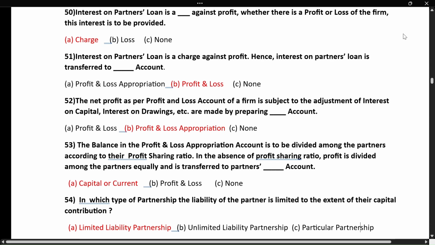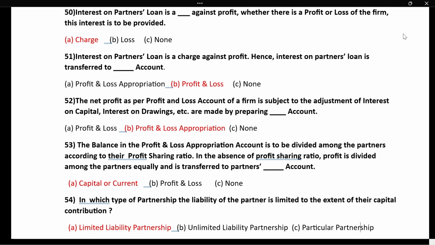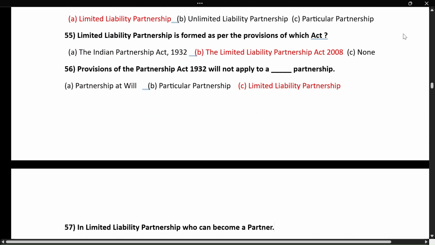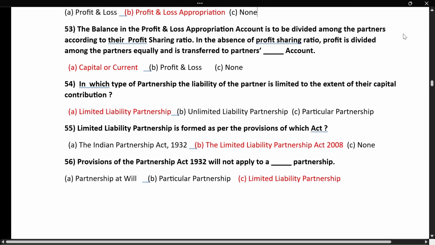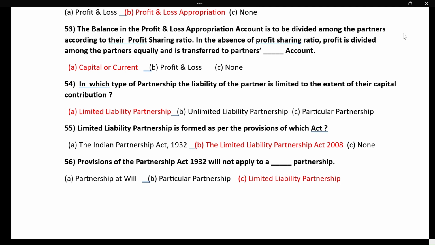The net profit as per profit and loss account of a firm is subject to the adjustment of interest on capital, interest on drawings, etc., by preparing profit and loss appropriation account. The balance in the profit and loss appropriation account is to be divided among the partners according to the profit sharing ratio. In the absence of a profit sharing ratio, the partners will divide it in an equal ratio